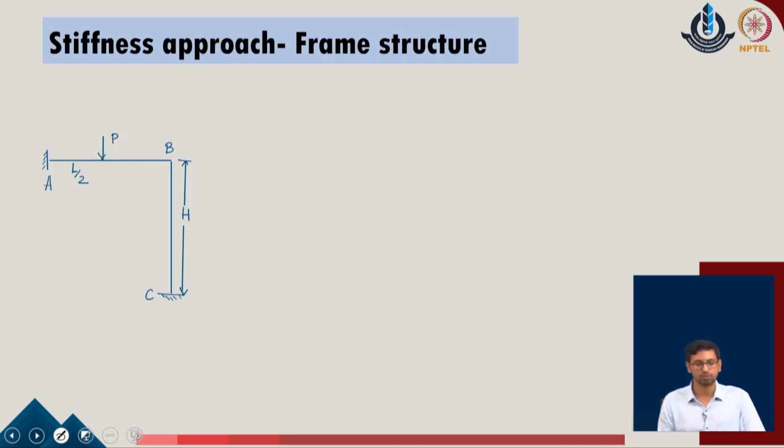Now, as a simple case, we have first considered a member frame which has no possibility of sway in it. One member load is applied on the span AB of the given system. The length of the member AB is defined as L, and the length of the second member BC is defined as H.